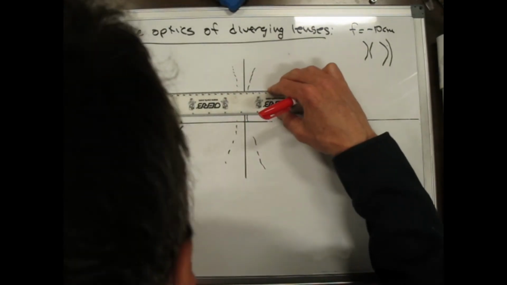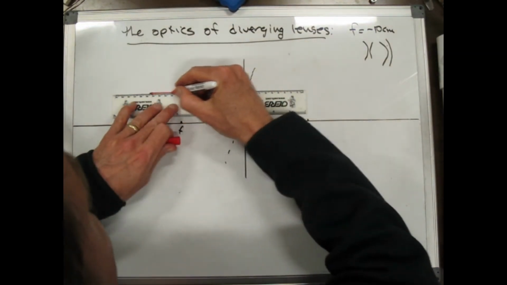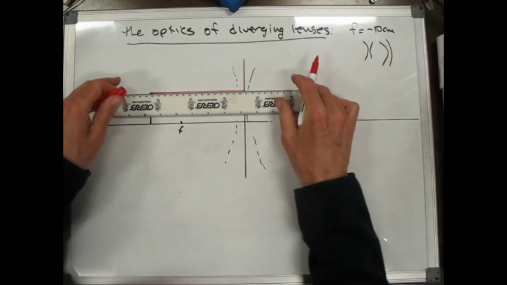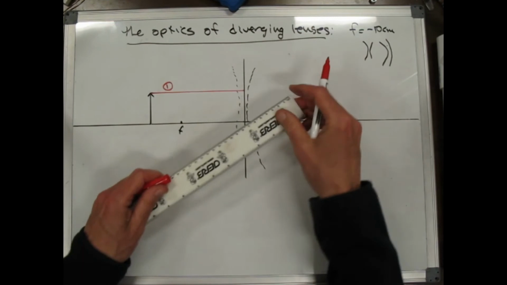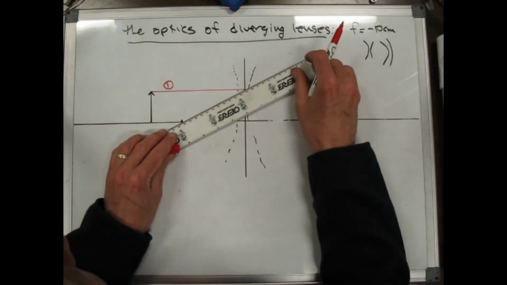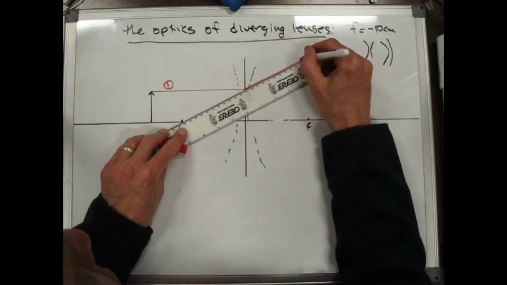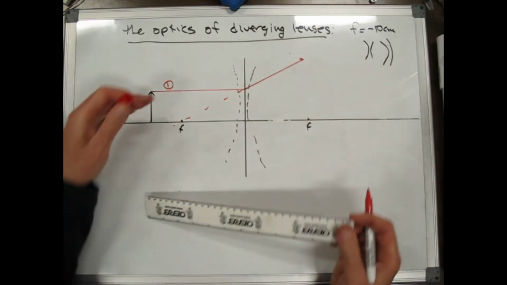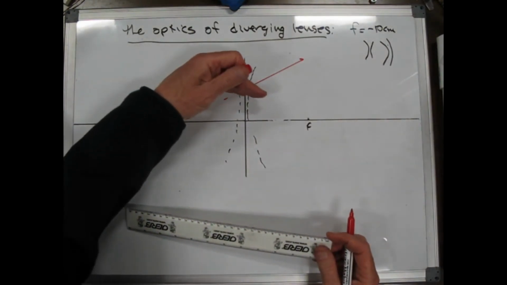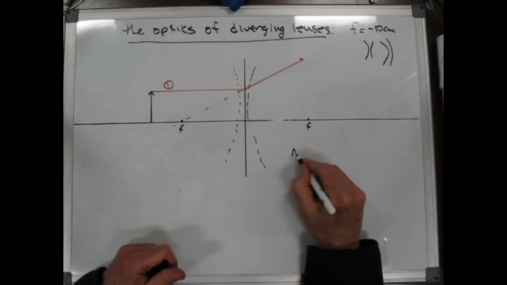So a diverging lens causes rays to diverge, and so a ray parallel to the optic axis, when it leaves, we would call this ray our principal ray 1. They leave as though they come from the focal point on the other side, right? So a converging lens, let me just put a few dots on there, right? A converging lens takes a ray parallel to the optic axis and bends it through the focal point on the other side. So a diverging lens